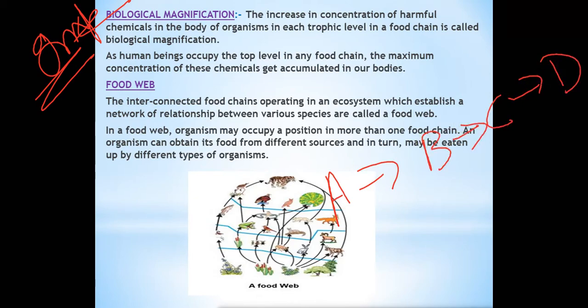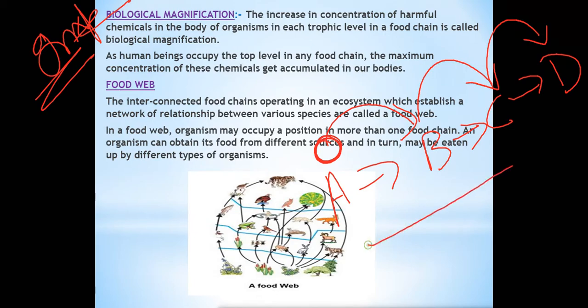Suppose this is a food chain, and in this, suppose some chemicals or harmful substances are present in this organism A. It will be transferred to organism B. Again, those harmful substances will be transferred to organism C, and that harmful substance will again transfer to organism D also through the food chain. So that is called biological magnification. Increase in concentration of harmful substances in the body of organisms in each trophic level in a food chain is